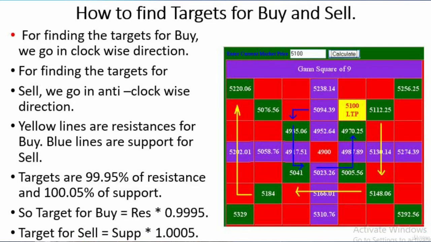Always consider the targets less by 0.05% and the supports greater by 0.05%. So the multiplier for buying targets is 0.99995 and for sell it is 1.00005. It means you have to put a slightly lower amount for your resistances and book your profits, and if you want to buy, you have to put a point above the support levels so that the opportunity is not